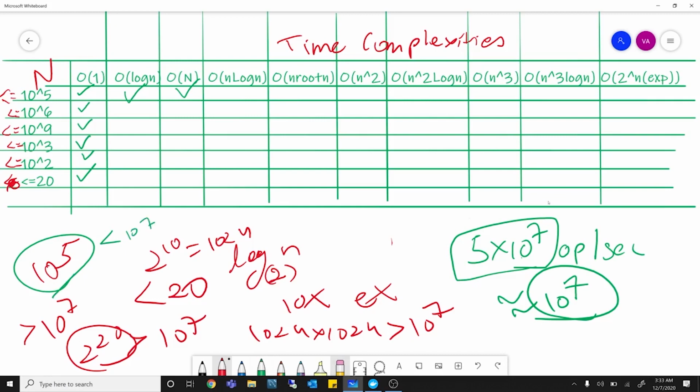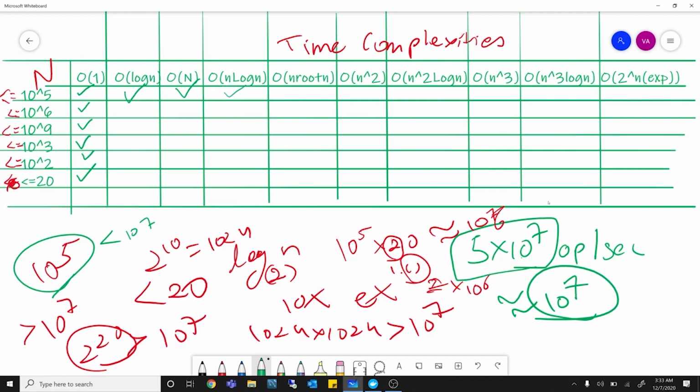Now let's talk about n log n. As I already mentioned, log n is less than 20. So that means 10 to the power 5 into 20. In fact, it is less than it. So 1 point something, right? And this approximates to 10 to the power, actually, sorry, 10 to the power 6. So we can safely say 2 into 10 to the power 6, something like that. So n log n is also valid. All right. So I'll keep the color the same so there is no confusion, and mark it with green as well.